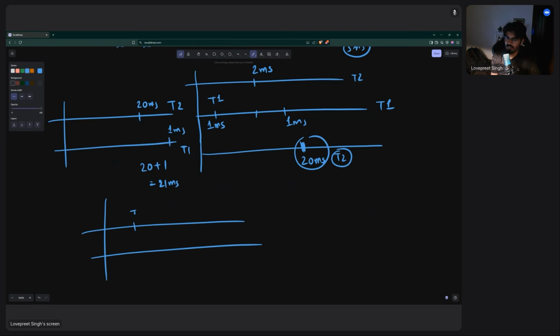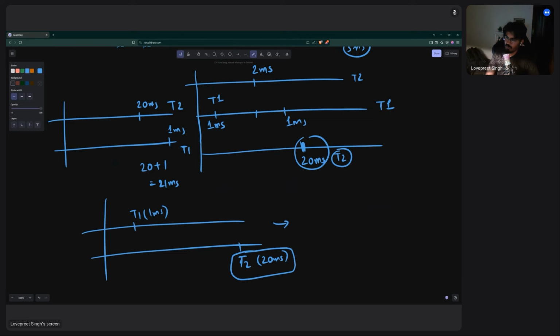So what it will do, it will tell T1, "Bhai, run for 1 millisecond." After 20 milliseconds, T2 will come and say, okay, I got the data from DB. Here, how much time are you taking? Can you tell how much time you are taking here? T2 ran first and T2 got,